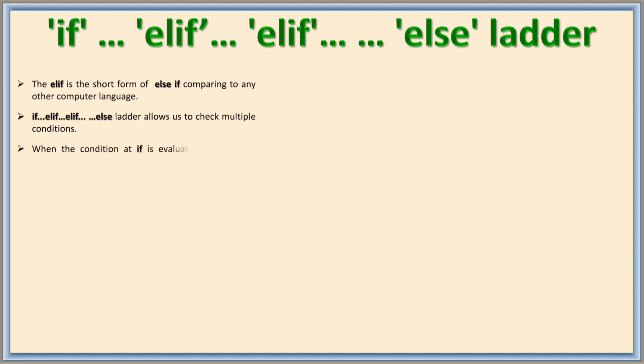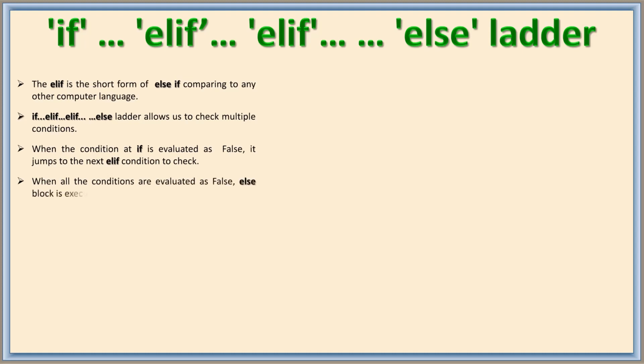When the condition at if is evaluated as false, it jumps to the next elif condition to check. When all the conditions are evaluated as false, the else block is executed. Only one block among the several if, elif or else ladder is executed according to the condition.